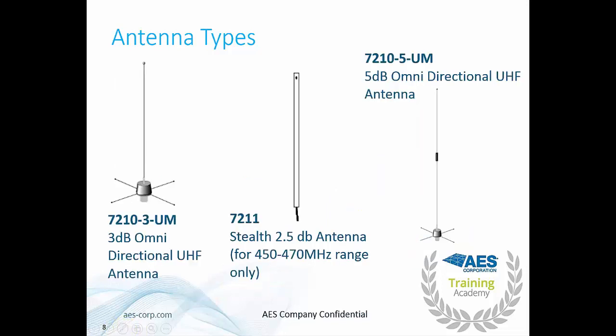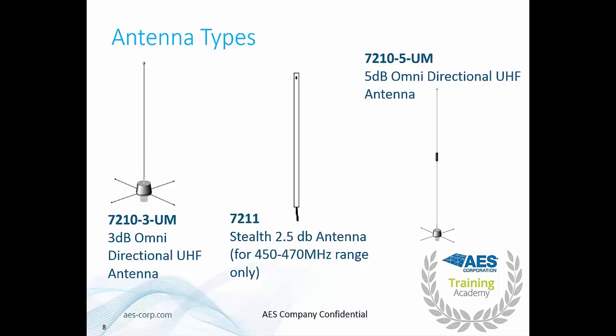First we have our 3 dB antenna. This is rated for indoor or outdoor use. If you're installing it indoors or outdoors though, you will need an offset bracket to keep it away from the wall so that all of the radials or ground planes can be left in place. It is also very important to weather seal this connection right here to make sure that water or rain or snow does not get into the cabling.